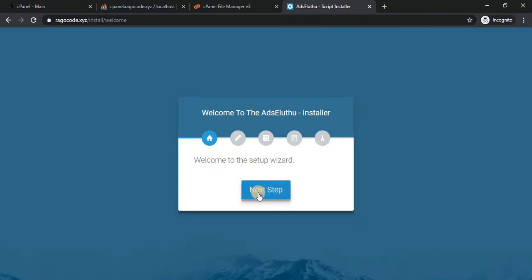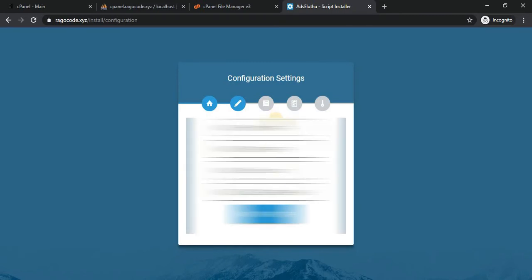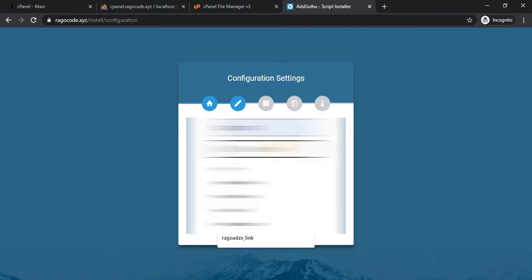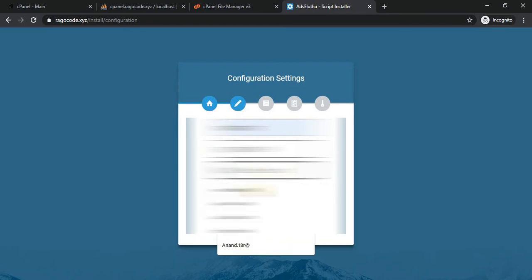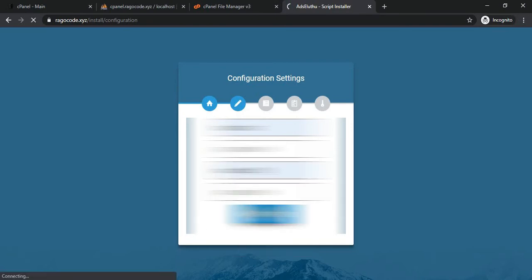The first step is the welcome to the wizard, and I click the next step. In this step you can enter the MySQL database details like localhost and username, etc., and click the next step.